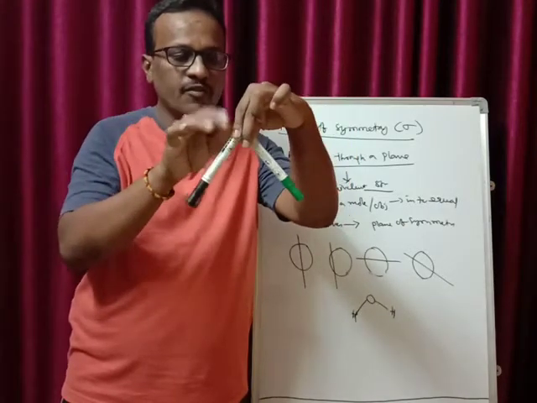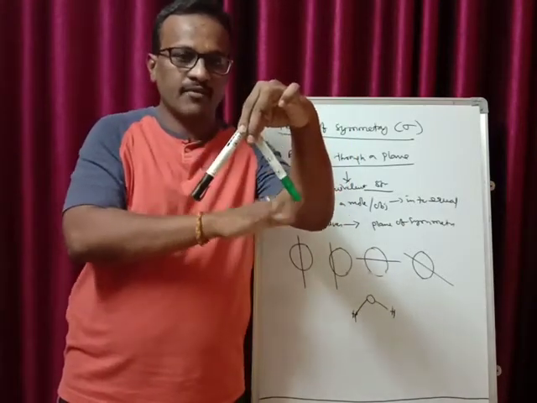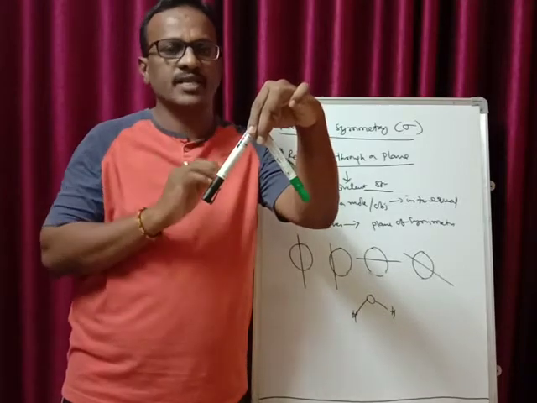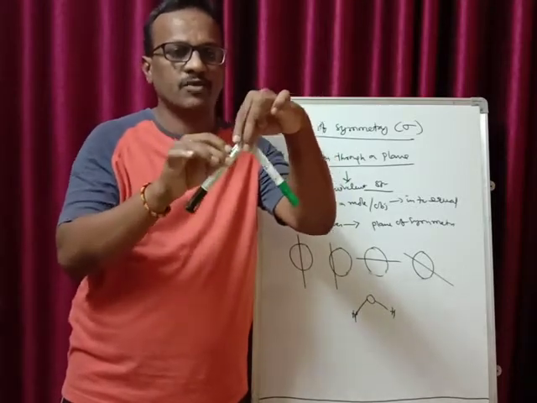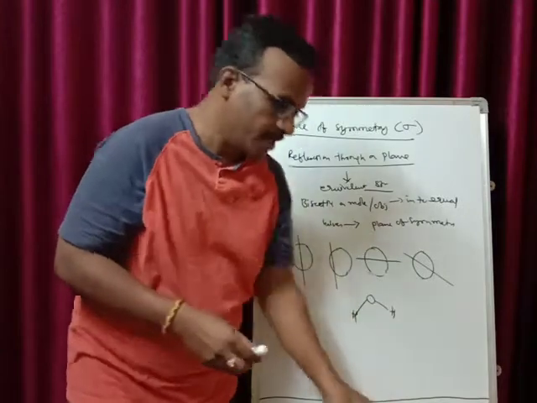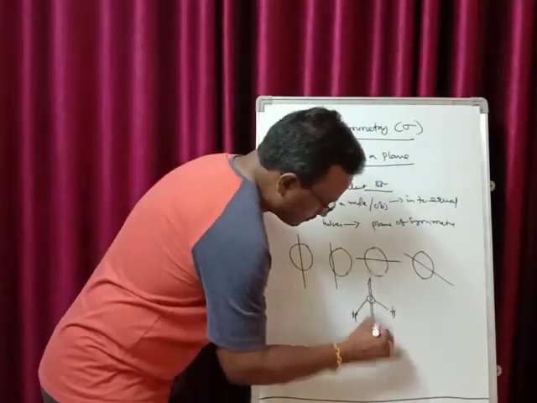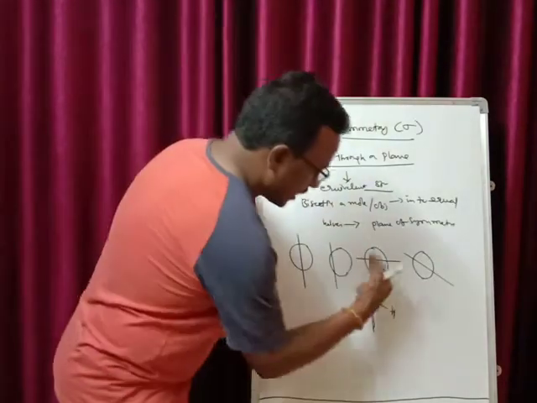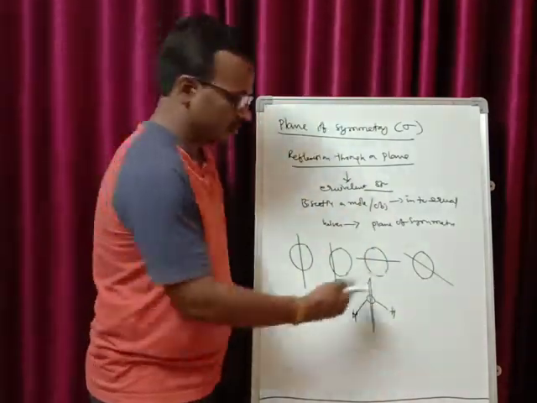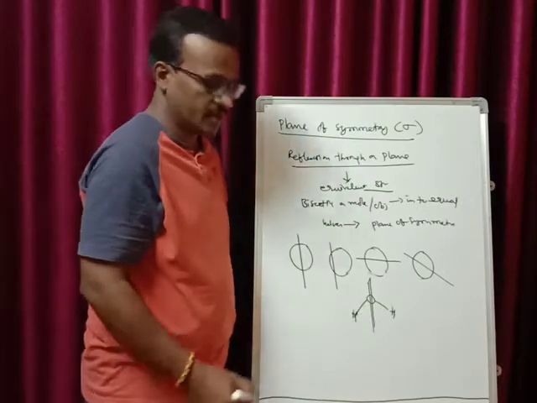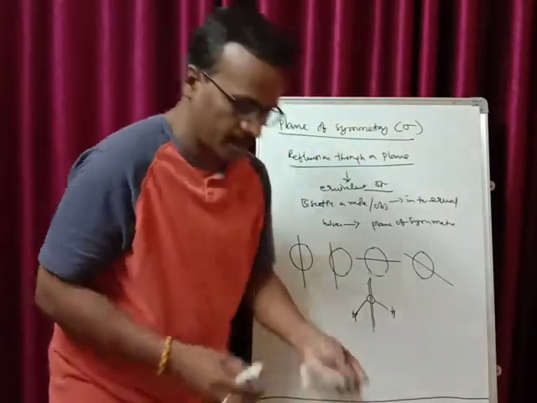Or we can say that if you reflect, the first half reflects onto the other side, and the second half reflects onto the second side. Therefore we say this water molecule has a plane of symmetry, which is passing through the center of the oxygen like this. If you cut it from the center, you get two equal halves. Therefore we say it has a plane of symmetry. There is another plane of symmetry, right?